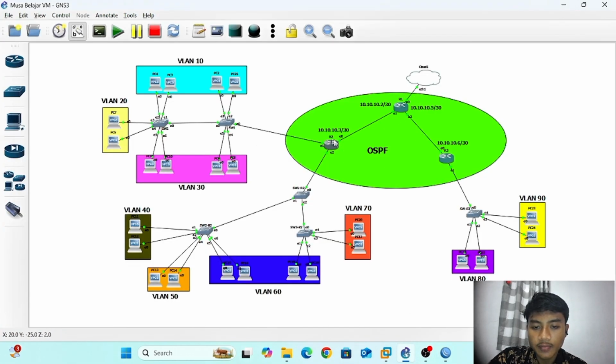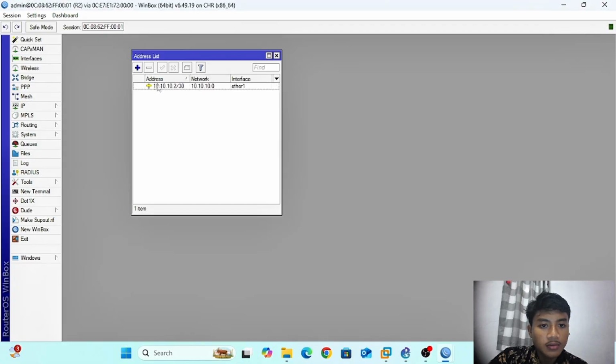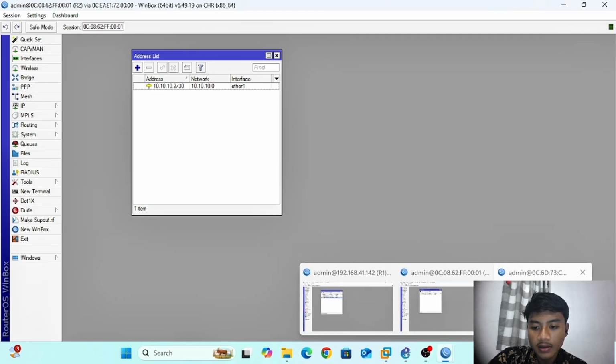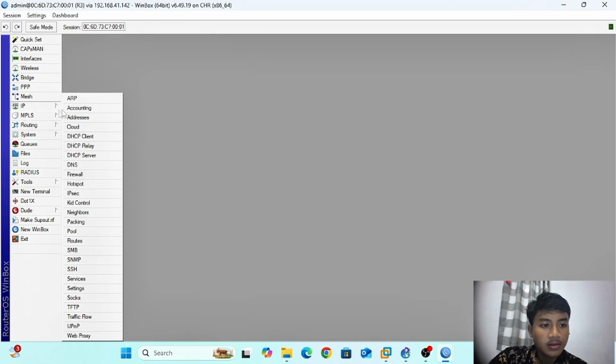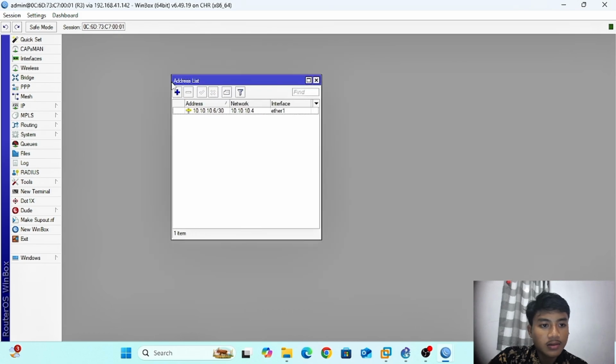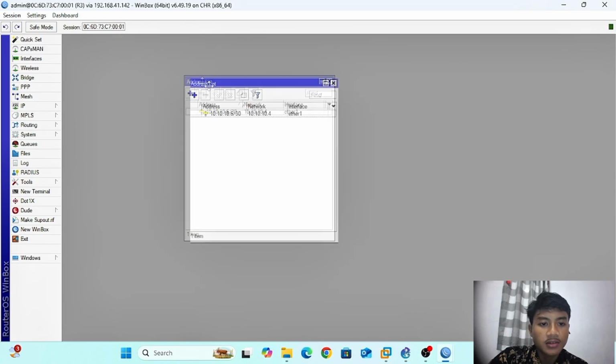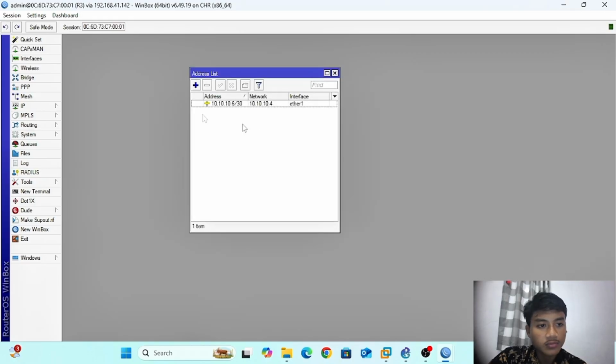Okay, and at router 2 I have successfully entered IP, and at router 3 I have successfully entered IP.